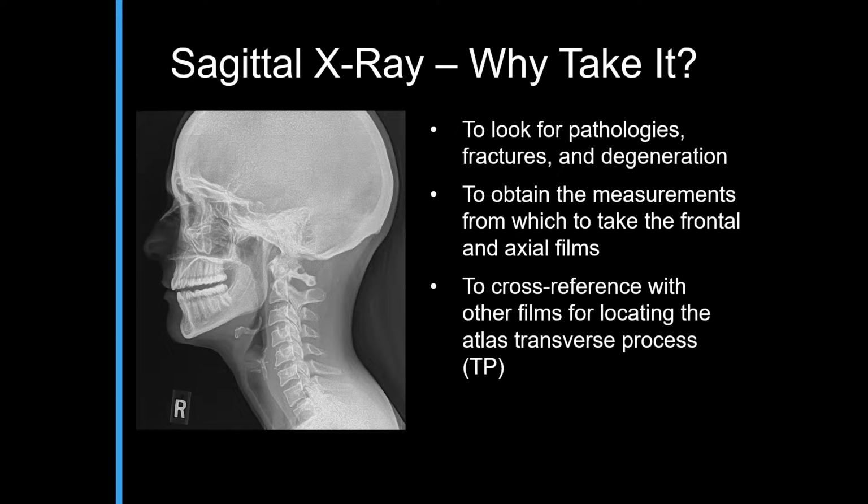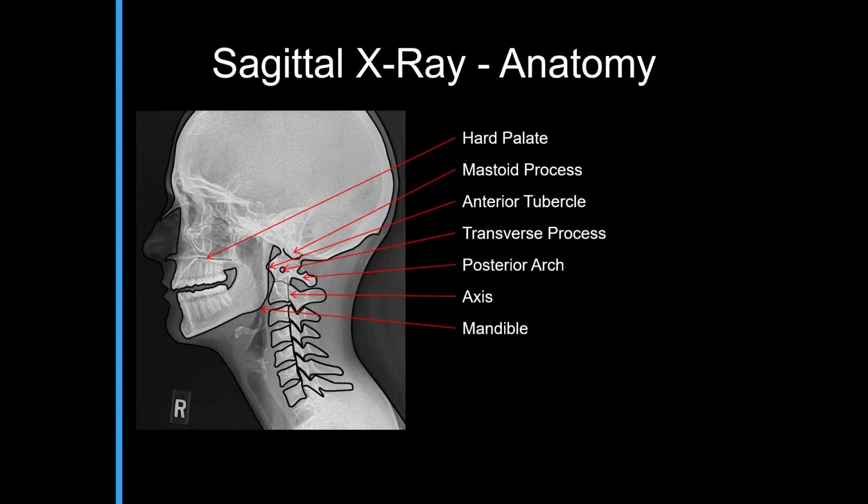Why do we take it? Well, first, we need to look at pathologies, fractures, and degeneration, and also to obtain the measurements from which to take the frontal and axial films, and to cross-reference with the other films in locating the atlas transverse process. This is some of the anatomy that we're looking at,